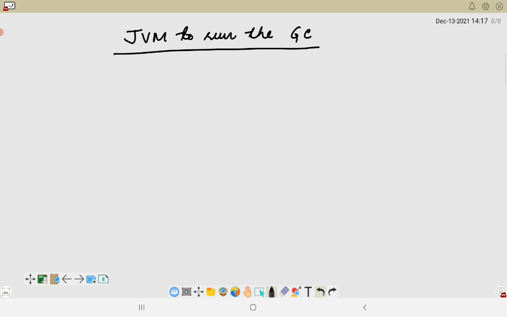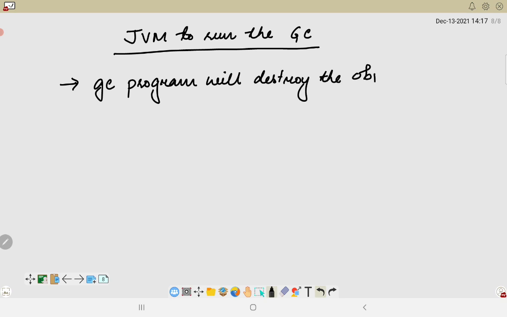We have to make a special request to the JVM, because only the garbage collector program will destroy the object, and in order to activate it, we have to request the JVM.